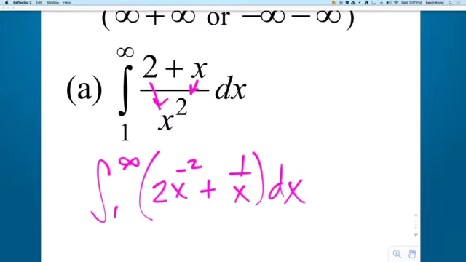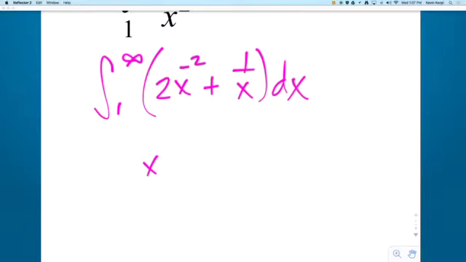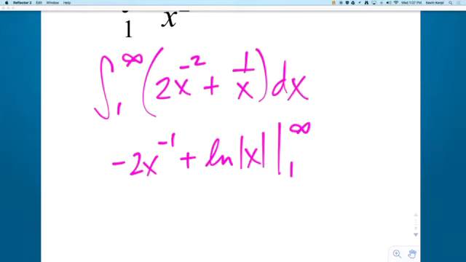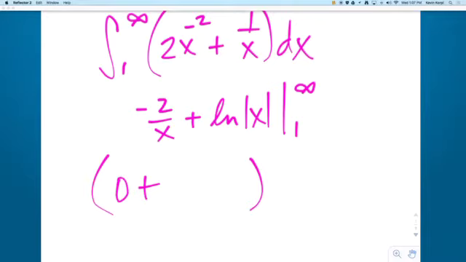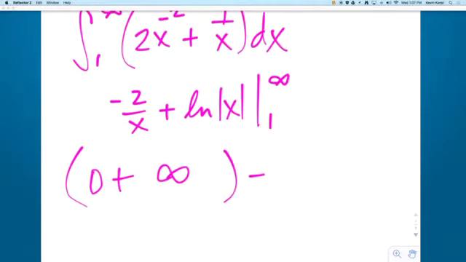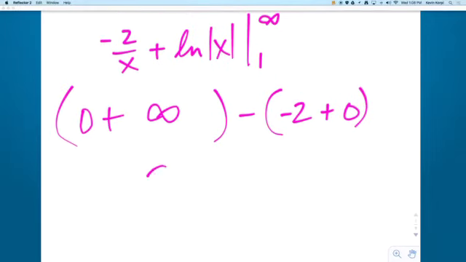So you can actually compute it. This one by the power rule is going to be x to the negative first, divided by negative 1 makes that a negative 2, and this becomes the natural log of the absolute value of x. And we'll do it MC style, 1 to infinity. So remember, negative 2x to the negative first is really negative 2 over x. So when you plug in infinity, you get, first of all, negative 2 over infinity, which approaches what? 0. Plus the natural log of infinity is what? Infinity. Minus, when you plug in the bottom, you get negative 2 plus the natural log of 1, which is 0. So it ends up being infinity plus 2,